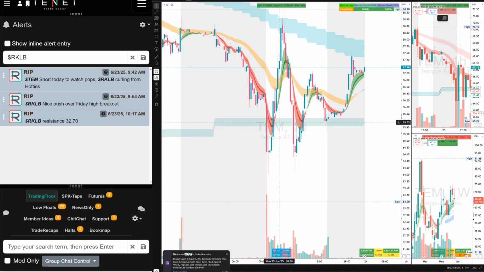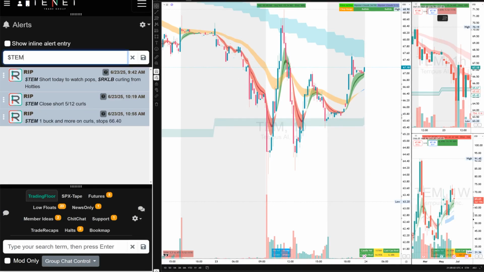But then it came back, it did not reject, and then it became a curl long. Let's look here. I told the traders to close the shorts. You see here, from this to the close the shorts, and it was a 512 curl and push to the MTF. Another MTF to the MTF. Short was good if you took it right at the open, but after that, if you shorted here, take a loss, move on. And this was a long from this MTF curl to the higher MTF.